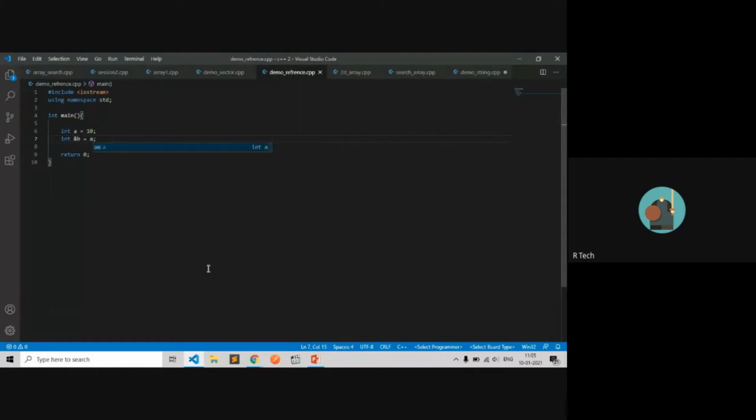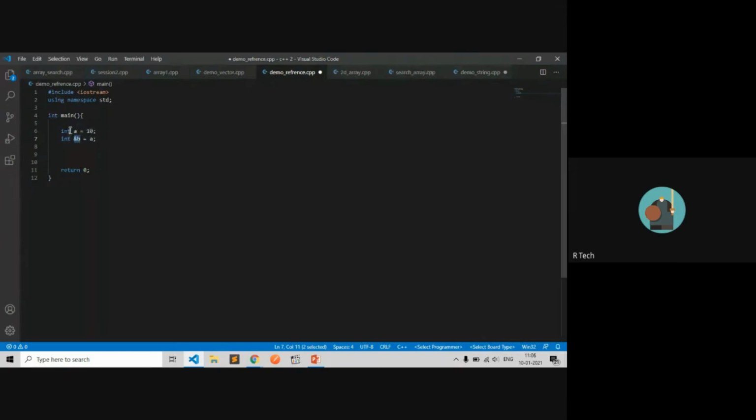It will always look over to a. In the backend, how it works in C compiler or execution, it will store the address of a to the address of b.